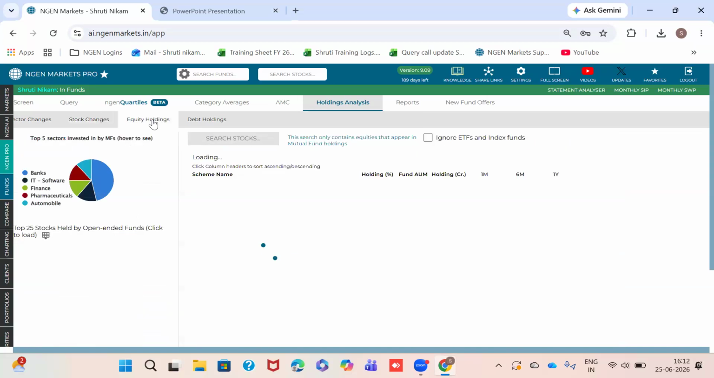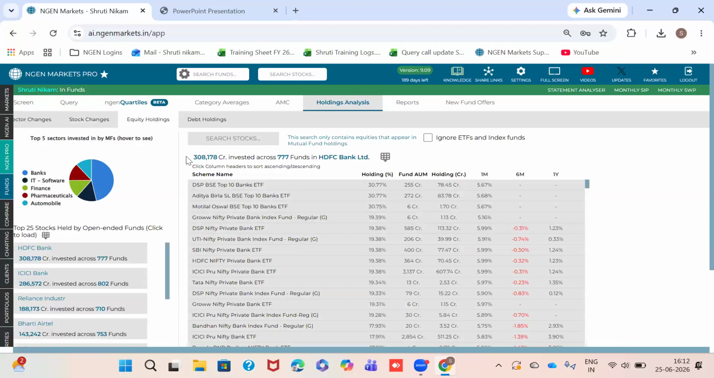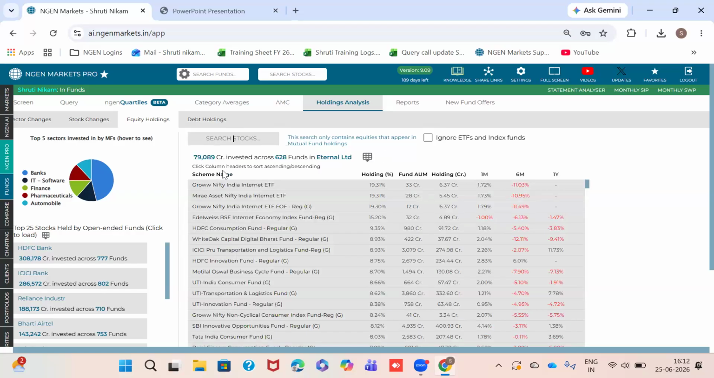Now moving forward with the equity holdings tab. So here if you wish to check the current holdings of any particular stock, you just need to search for the stock name in this search bar. So I will just search for Eternal Limited, and I will just click on the stock name. So now here we are able to see that currently 628 mutual funds are holding this Eternal Limited stock,